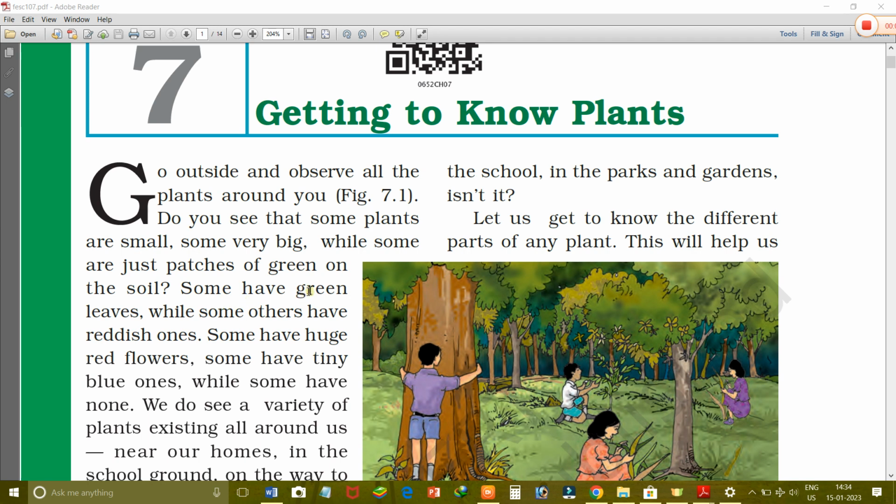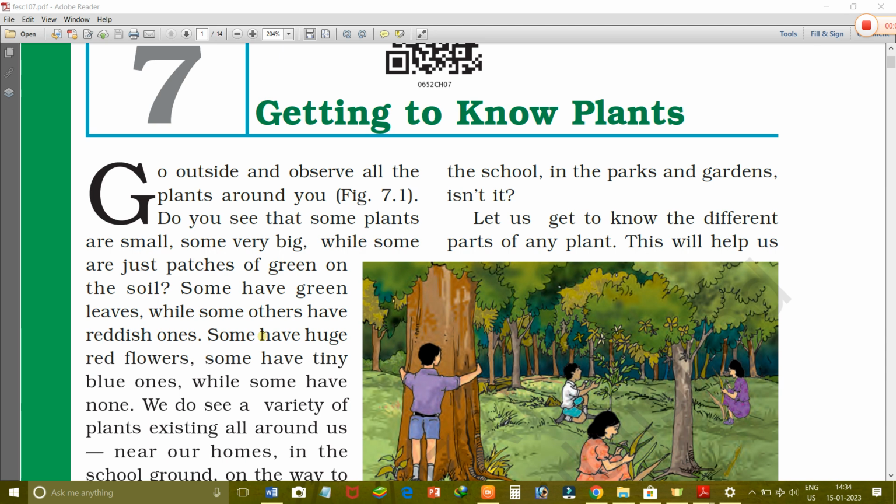Some have green leaves while some others have reddish ones. Some have huge red flowers, some have teeny blue ones, while some have none. We do see a variety of plants